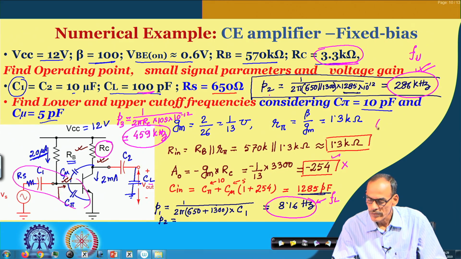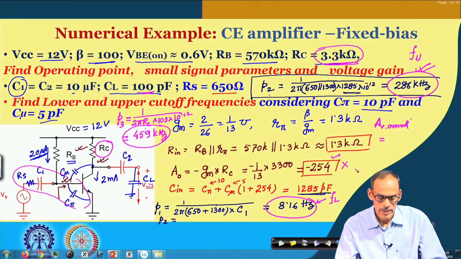So, the overall gain A V overall equals to,